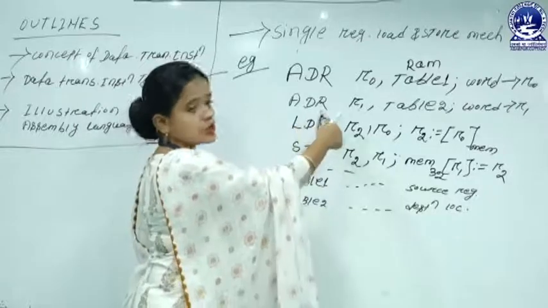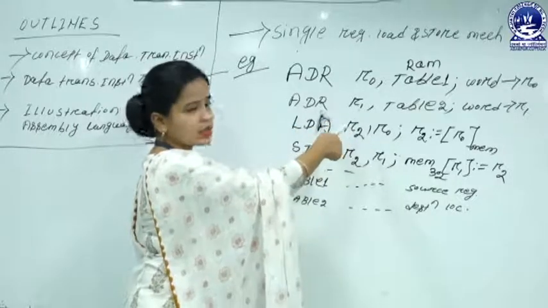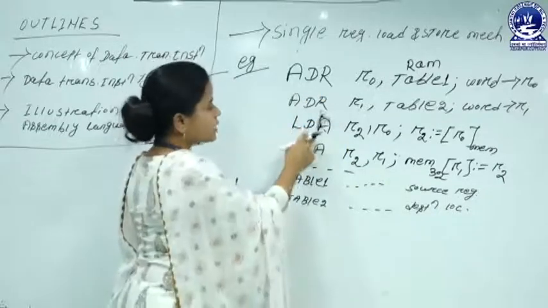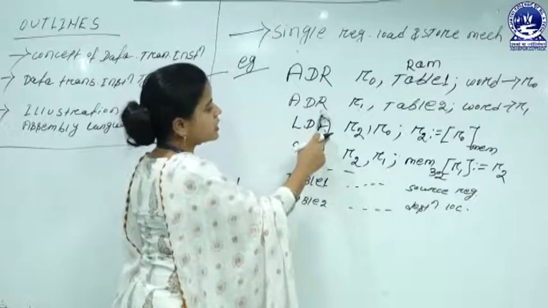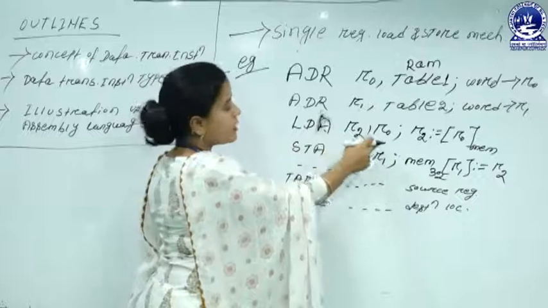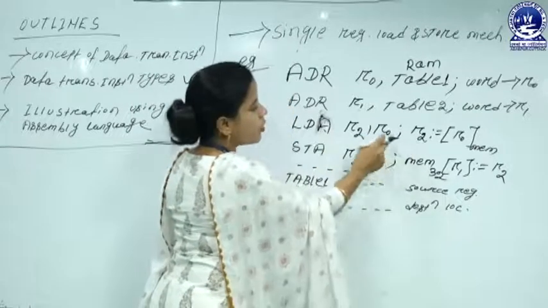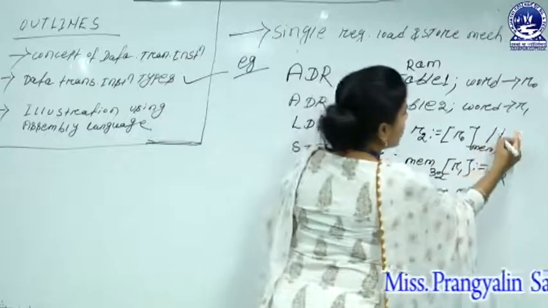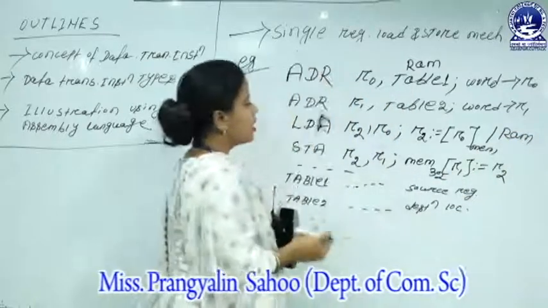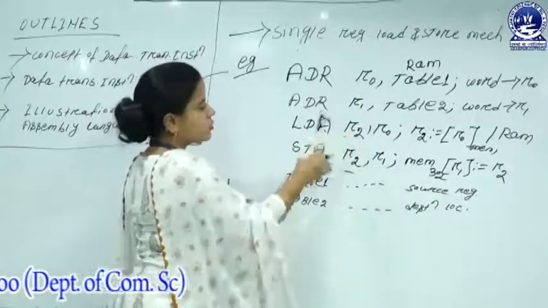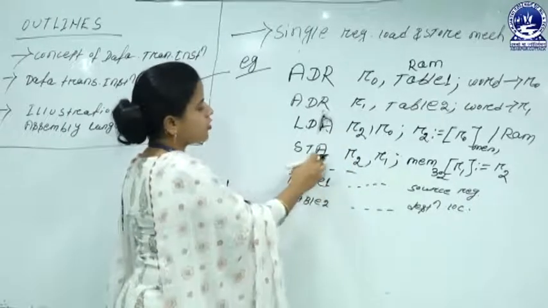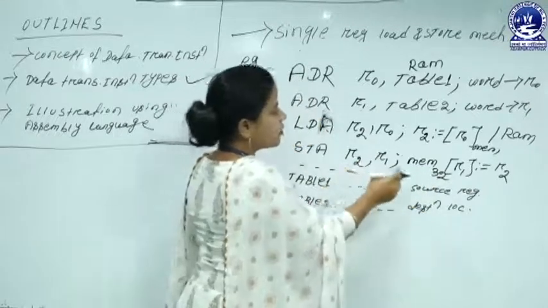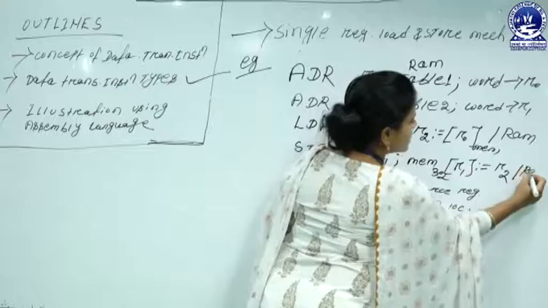After that you assign another register, that's your R1, relative addressing R1, which is normally declared for the destination locations. After that you use the load command. When you write the load command, LDA R2, R0, that means R2 holds whatever data is stored in the R0 locations. That means R0 stores the data element RAM. Now you need to store this data in a memory location, so you write the command STA R2 R1. That means now the memory location of R1 holds the data element RAM.